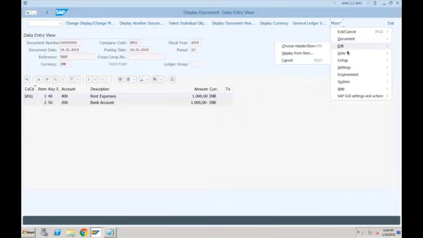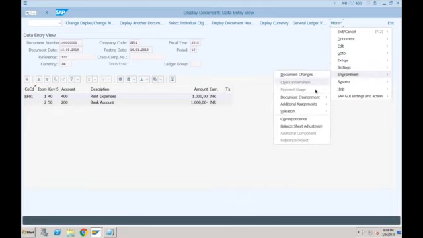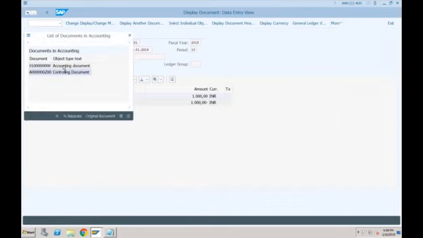There may be the FI document, the CO document, and a lot of other documents. If you go to accounting documents, you can see two documents were created, the accounting document and the CO document. Now in SAP ECC, whenever you create an accounting document and it also creates a controlling document, the document number must be a proper number, like this one, with a 1, then 8 or 9 zeros. But this is a dummy number.